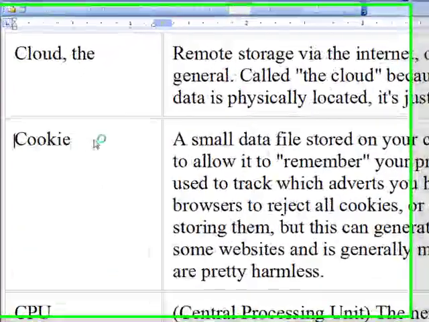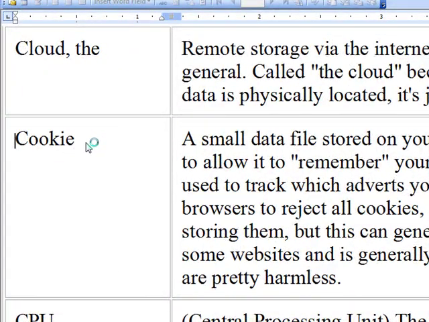So I am one of those that says, don't set your browser to reject all cookies, and don't set your browser to delete all cookies as soon as you close your browser, because I want it to remember the way I like to look at discussion boards and how they are sorted.